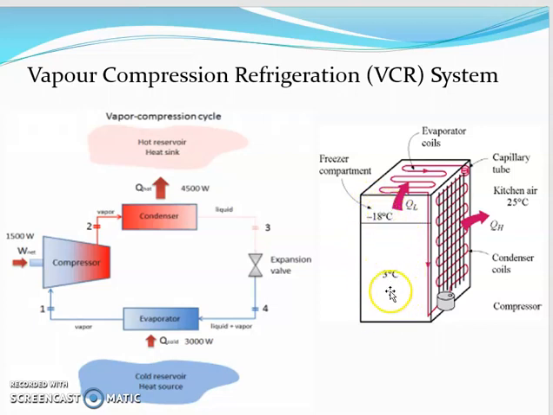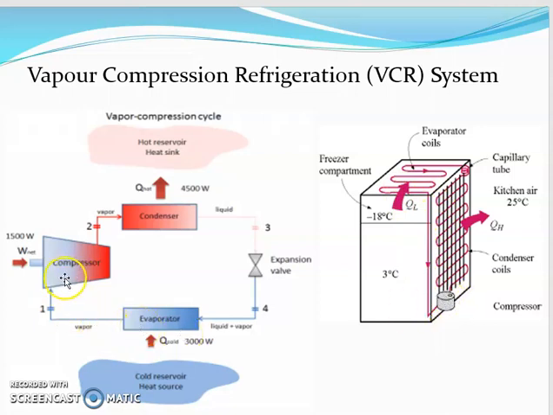Its temperature range is around 3 to 5 degrees centigrade. So what will happen over here? As refrigerant passes into this evaporator coil, it takes the heat from this space. So over here temperature gets reduced, and the refrigerant gets evaporated, and then that refrigerant passes to this compressor over